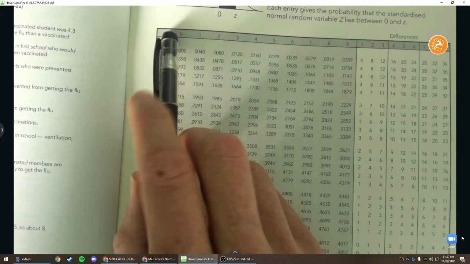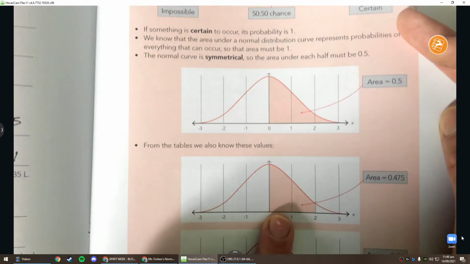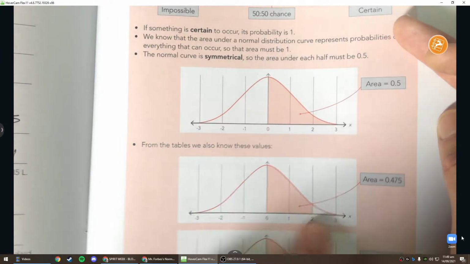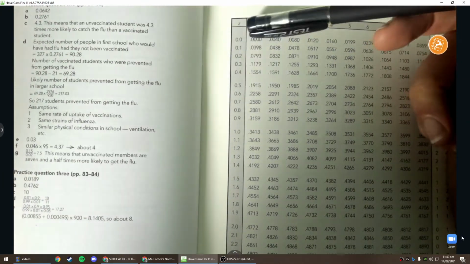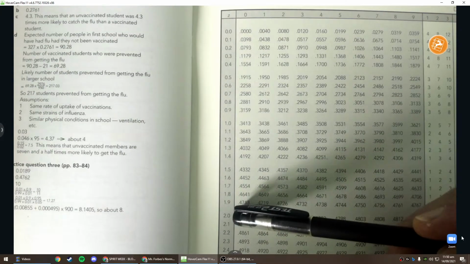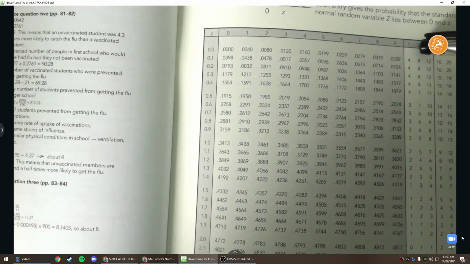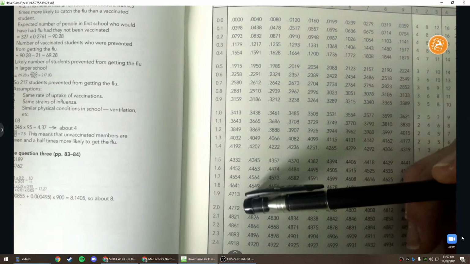We're going to have to learn how to use this tricky table, but it's not that hard. So what were they finding? They were trying to find between 0 and 2, so that's between 0 and 2.000. Let's do that. All you have to do is it automatically finds from 0, so all we need to do is find 2.0. Where is that? Down here. Oh yeah, nice, 2.0. And then we wanted 2.000, so we just find the 0 up here, and it's a difference of 0, so we don't need to worry about this bit. So 2.0 is this number here,